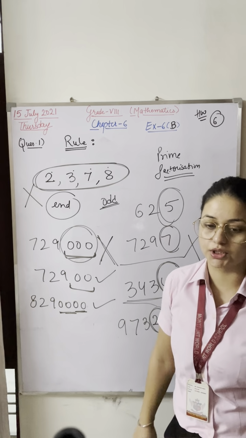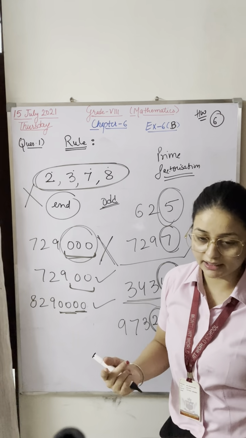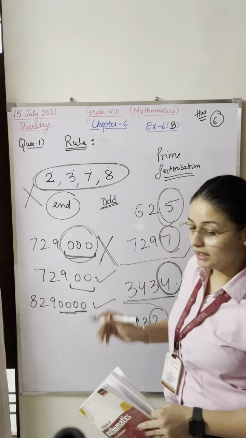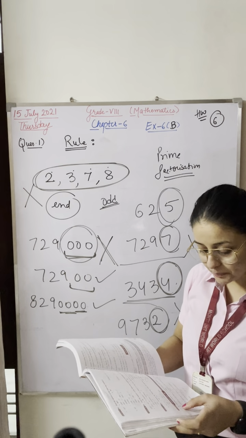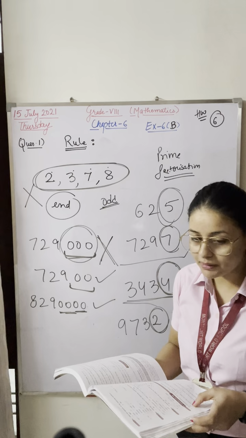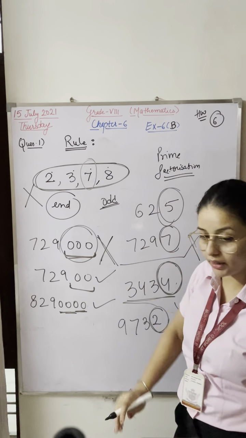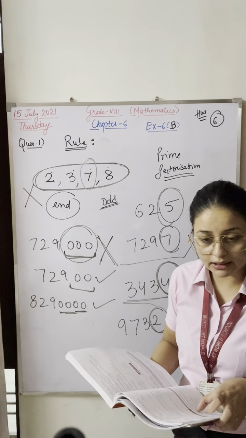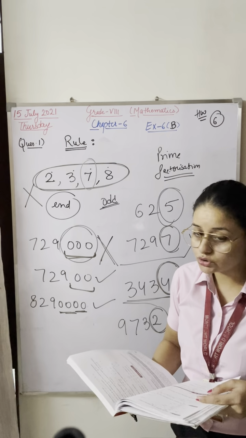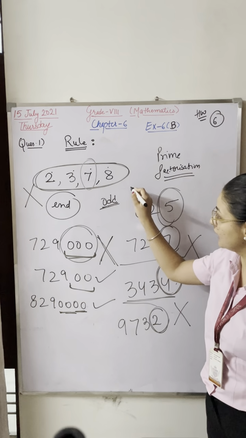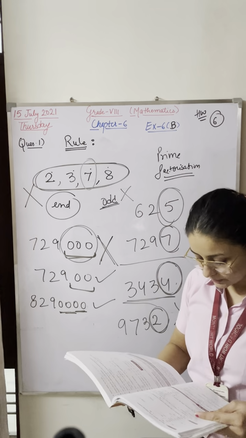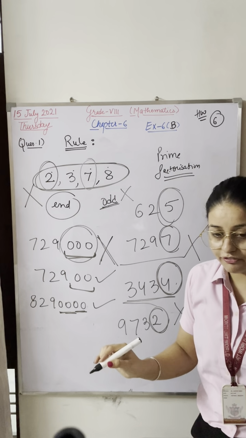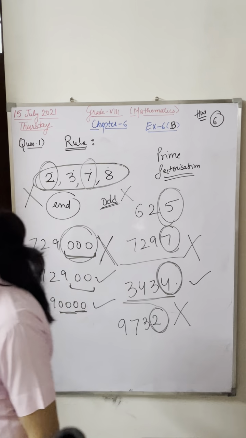Some are getting confused. Some are writing part 2nd, part 3rd. Avni, why? Avni has written part 1. Avni, the rest of the parts too. First part is ending with 7. That is not a perfect square. A number which ends with 7 is not a perfect square. Second part is 56,000. How many zeros are there? 3 zeros, so that is not a perfect square. If the number of zeros is odd, it is not a perfect square. Third part, 8392. Ending digit is 2. That is not a perfect square. So how will you write the answer?